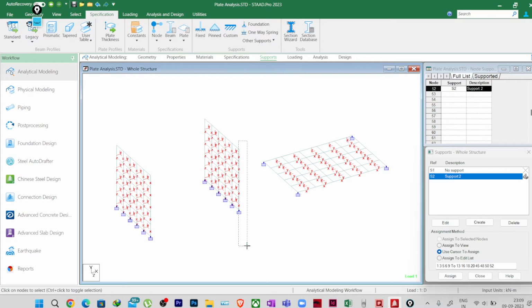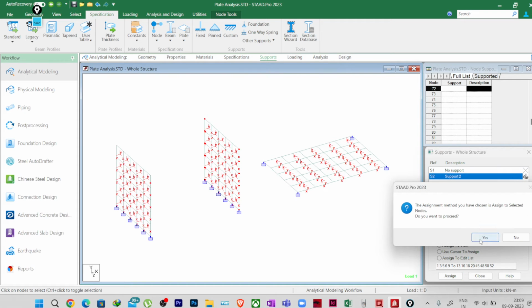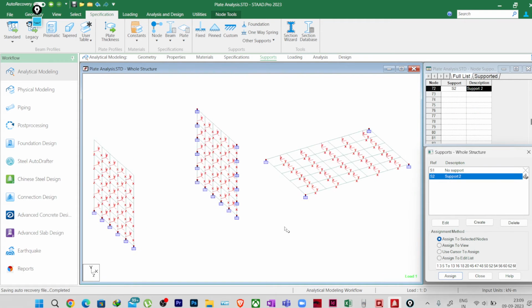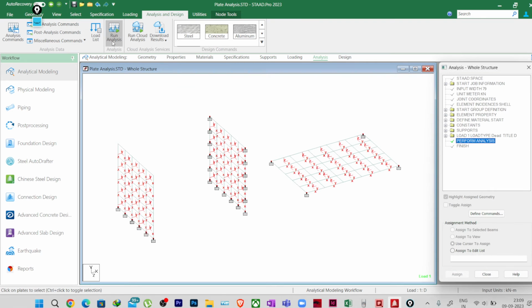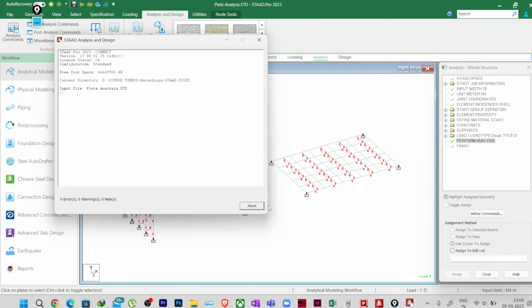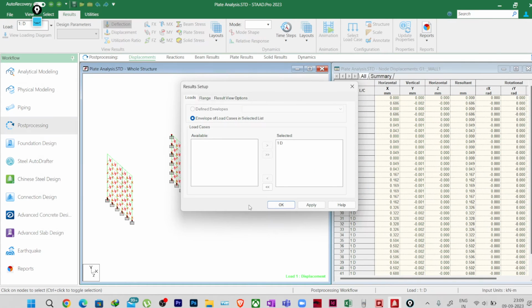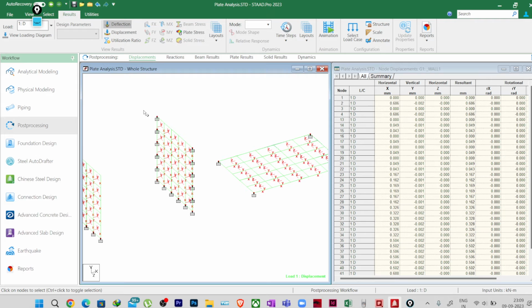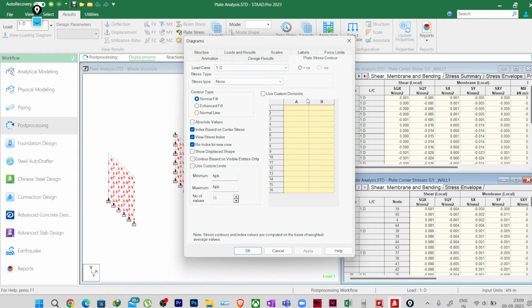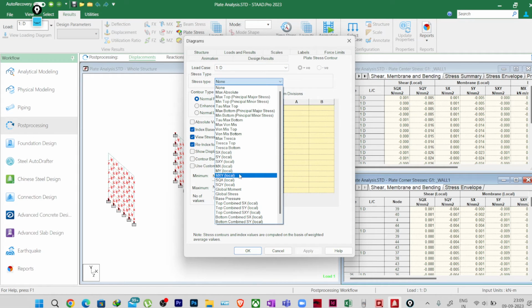So especially when you are designing tank walls, in this case you will find the three sides are supported by the other side walls. Okay, so in this case the horizontal moment will also be very dominating. So I will just assign a support and I will run the analysis. Okay, now I will go to post processing mode. Done. Okay, now what I will do, I will go to plate, anything I will take, suppose Mx,